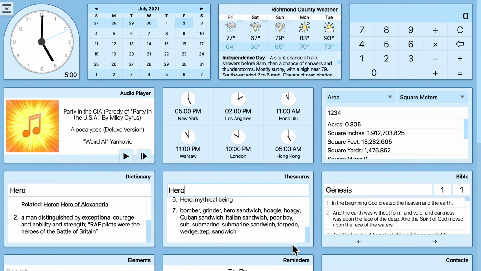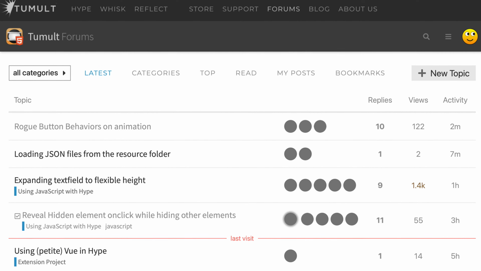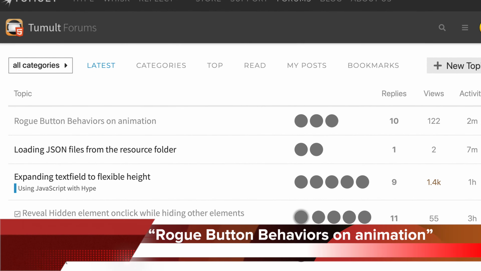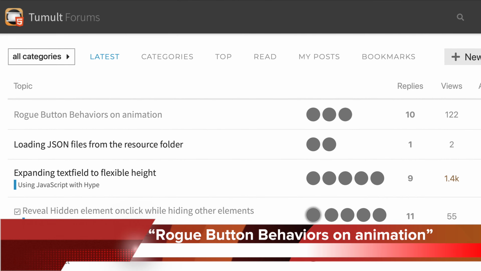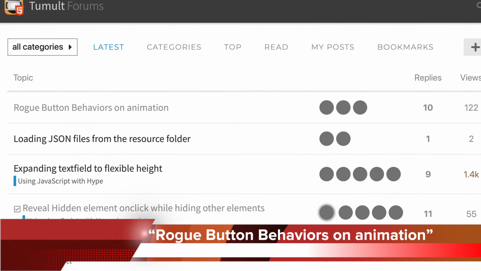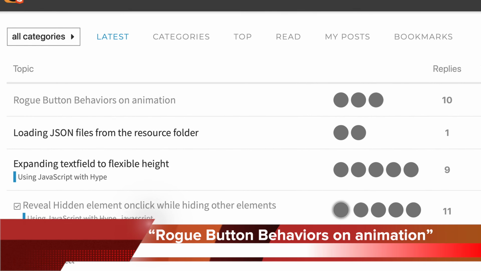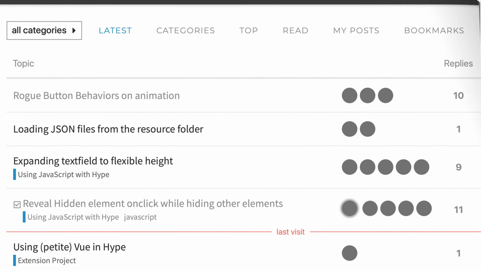Knowledge is the superpower. Think about it. What's stronger than that? What if you had the power of infinite information? Anyway, I was reading the Tumult forums when I noticed that someone was having trouble with maps. There were a lot of layers, but it was hard to manage them all. The request was asking how to better manage the maps in Hype.